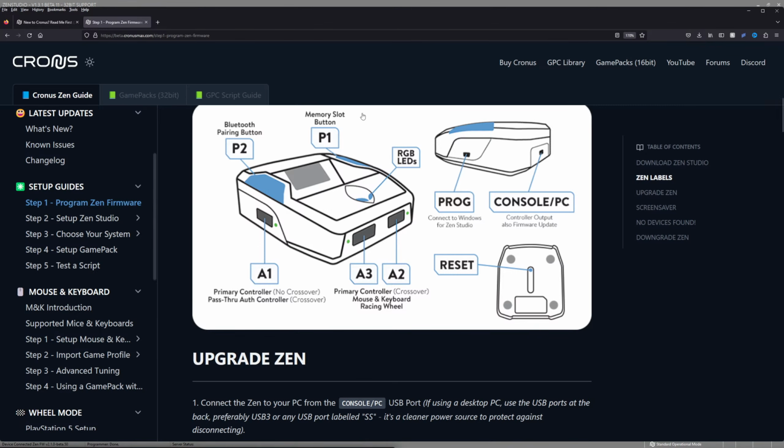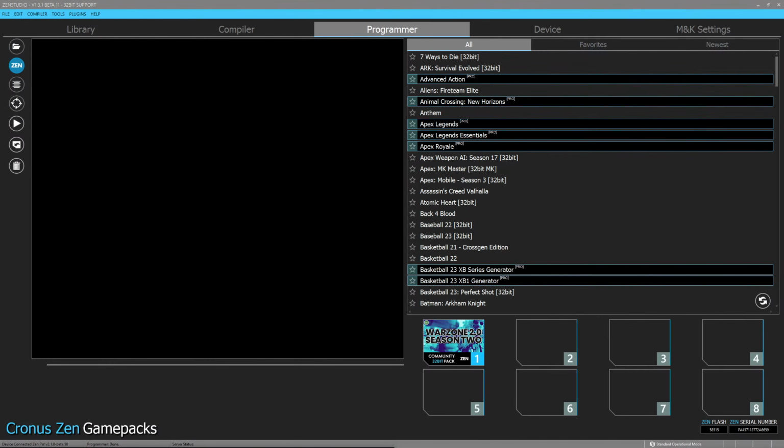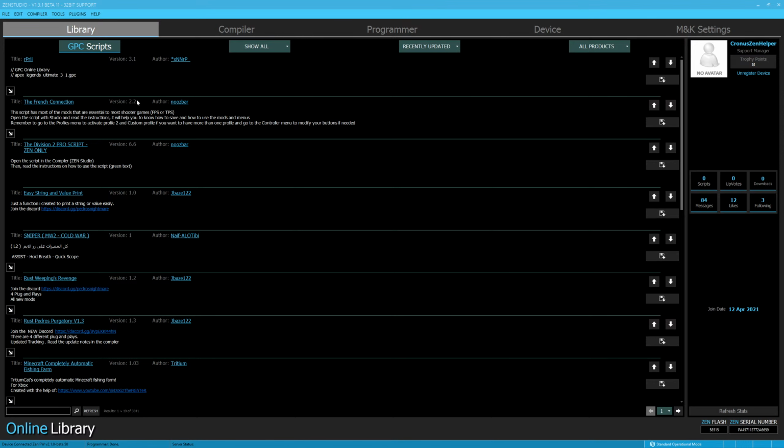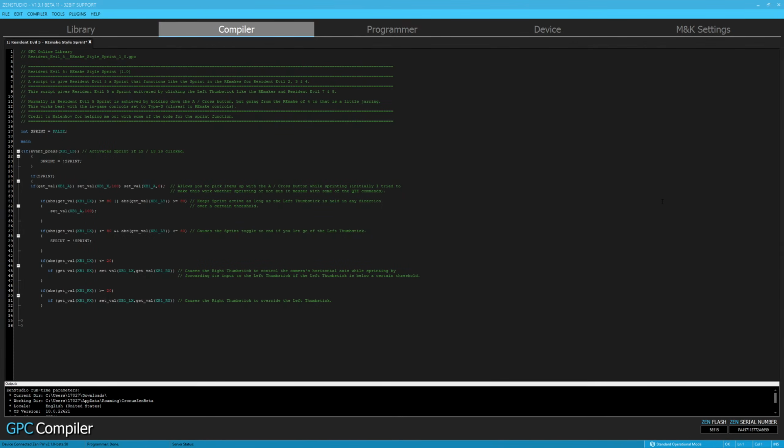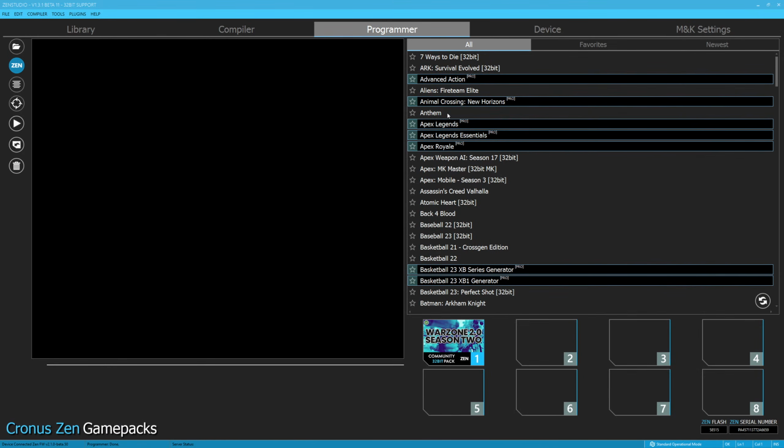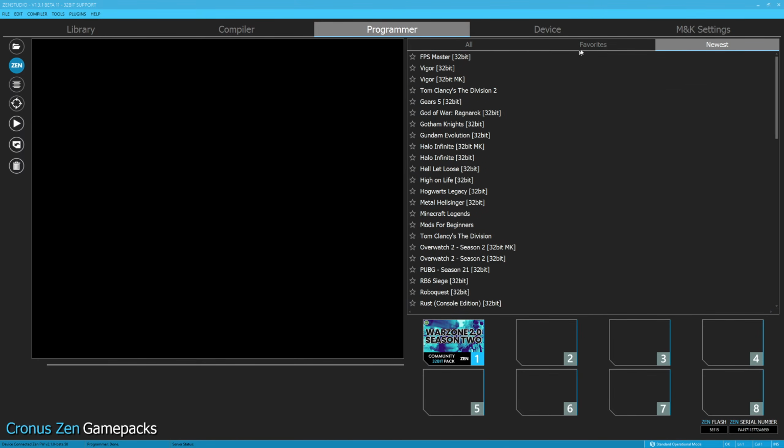How do you install something from the library? Well, let's see. Say I wanted to use this Resident Evil script from the library here. You hit the save button right here, and that'll save the script into your compiler. Once the script's in your compiler, you can go to your programmer and then,